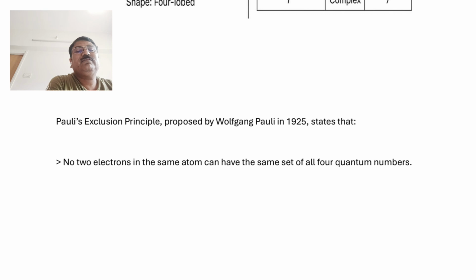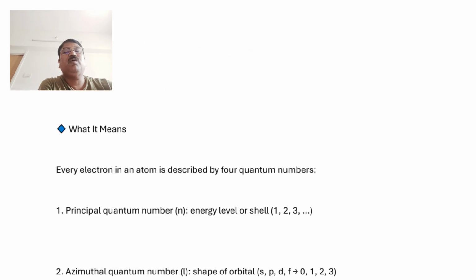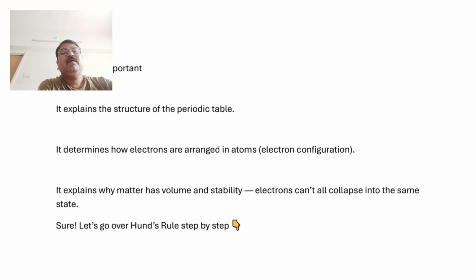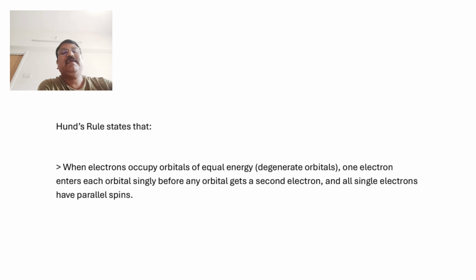We have taken helium as an element, for example. No two electrons present in the atom can have the same set of all four quantum numbers. This is a very easy and important example which explains the Pauli's exclusion principle. So this is about Pauli's exclusion principle, and now we are moving towards the second